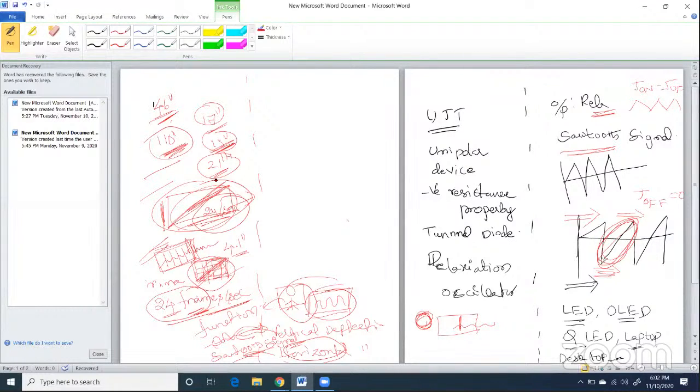Yes, Ashish Kumar is asking the question: what is the dimension of a pixel and how do you